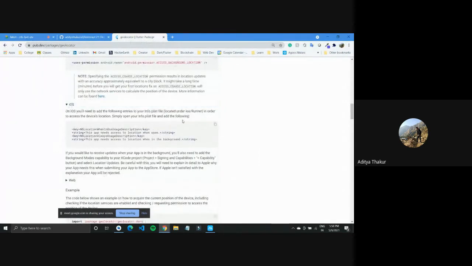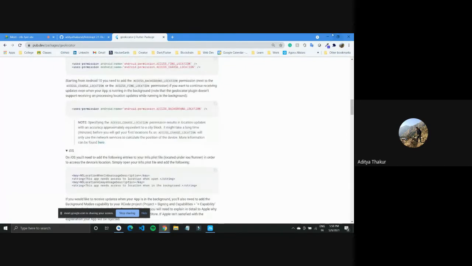If you have a Mac and you want to work with the iOS side, you can just check out the iOS instructions. It would be just pasting these key and string value pairs inside your info.plist. Nothing special.